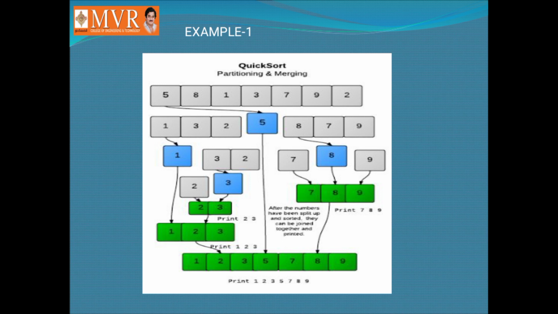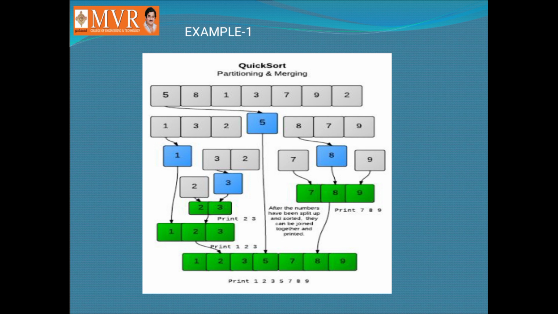After that, swap to the left, that is, compare to the left. One comparison to the left and another comparison to the right. If they are not in order, swap the elements. If they are in order, leave them like that only and go to the next step. Continue this process of swapping and comparing until all the elements before the pivot element are smaller than the pivot element and elements after the pivot element are greater than the pivot element.